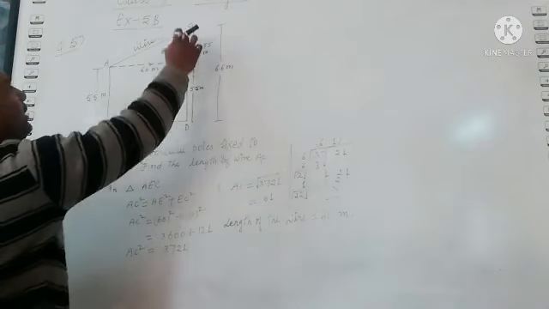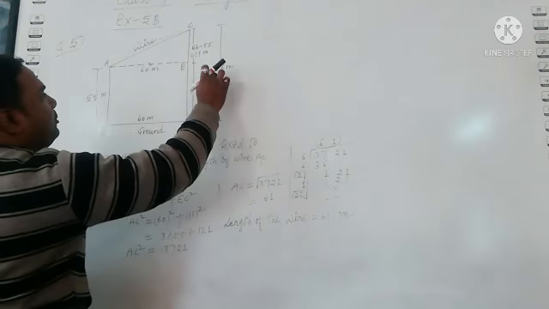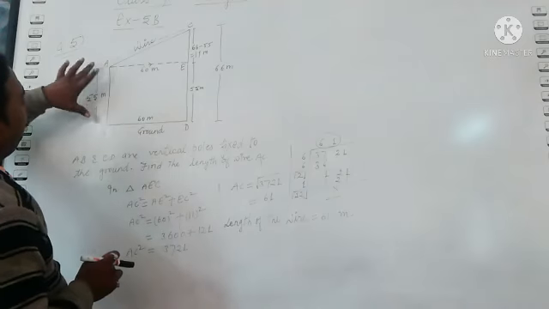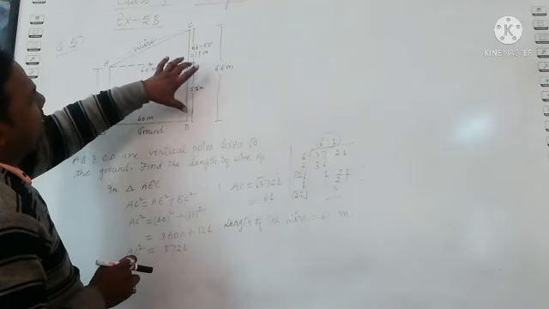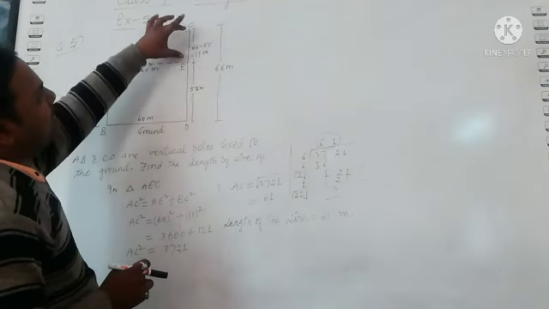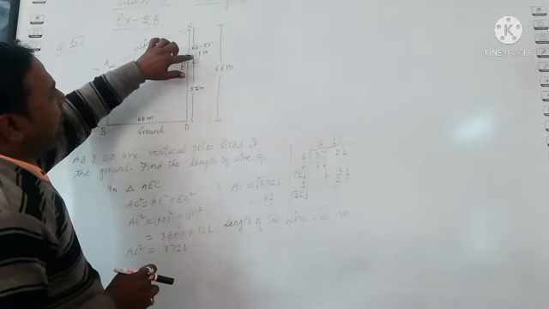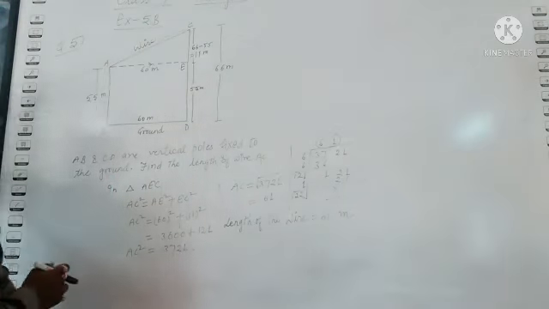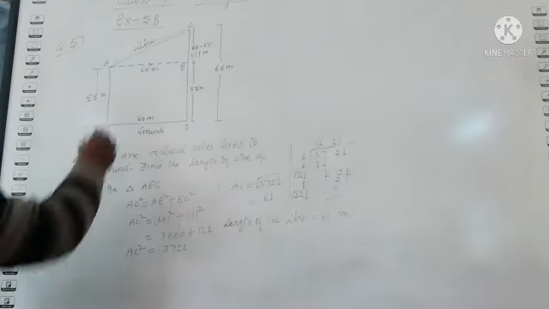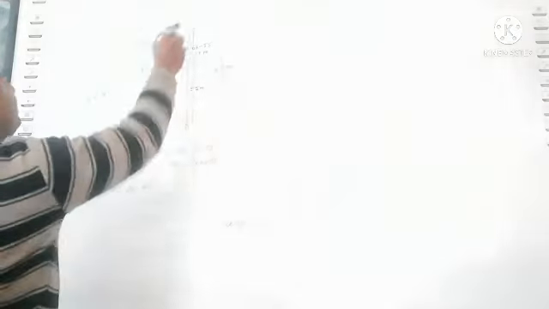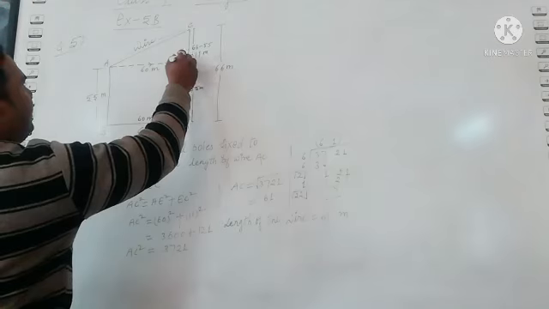Okay. And we got the value CD is equal to 66 meter. But AB is equal to DE, DE is 55, then what is the length of CE? 66 minus 55 is equal to 11 meter. Okay. So in this way, in triangle AEC, this is a right angle.